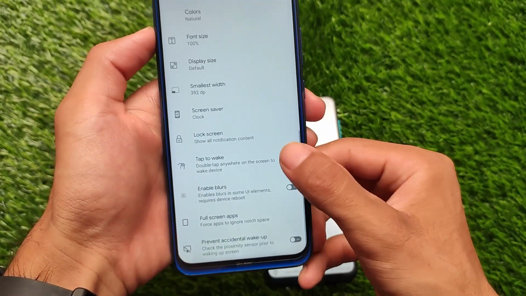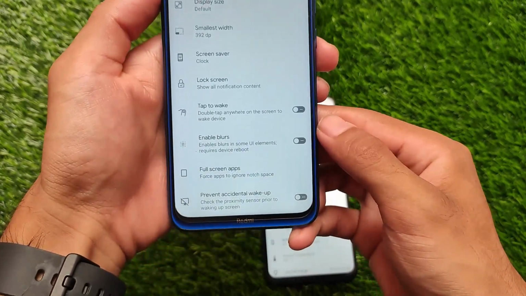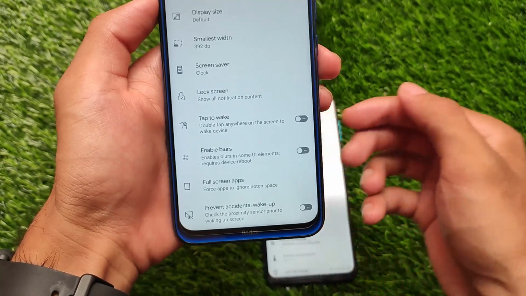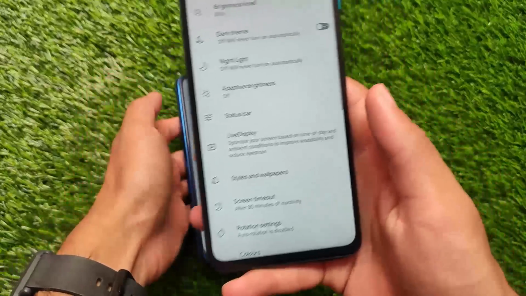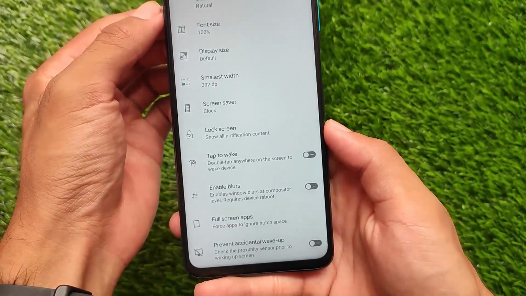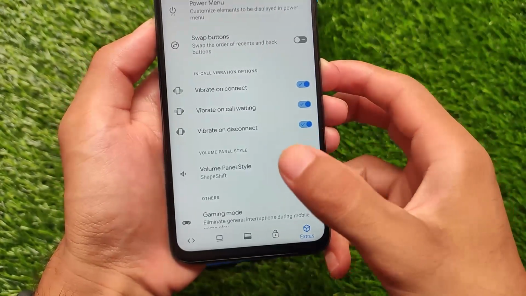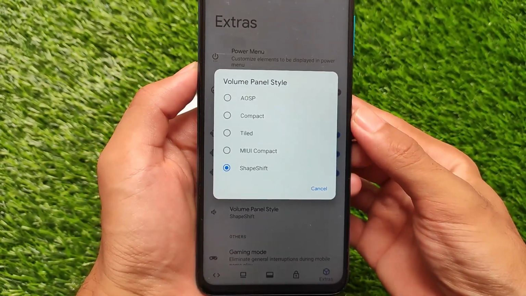It also includes one of the biggest changes, the Android 12 style switches. As you can see, these switches are inspired from Android version 12. In the Android 12 beta versions which are already available, you get these kinds of switches, and so in this ROM you also have these kinds of switches available. And yes, these switches look better. These switches are available everywhere, and it also includes the new volume panel which looks quite good.